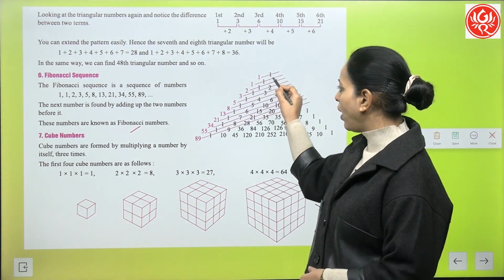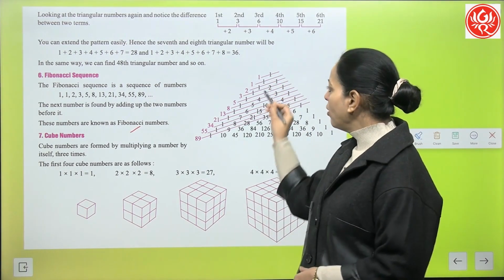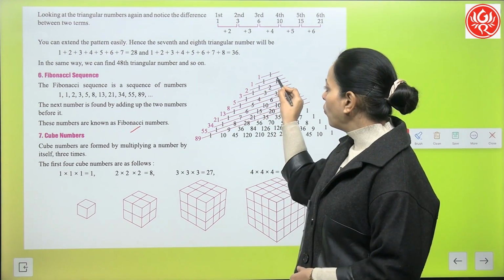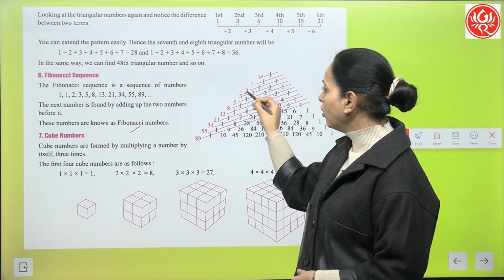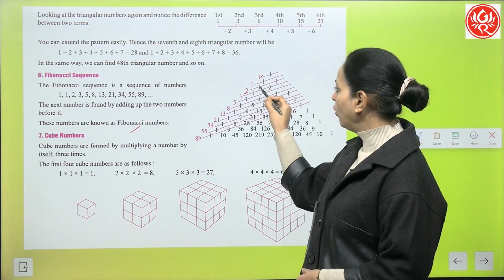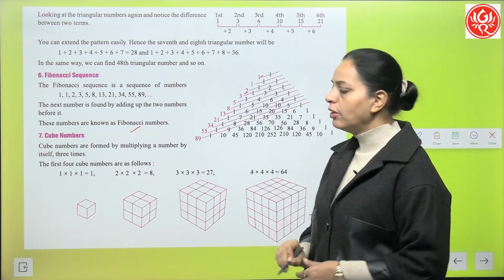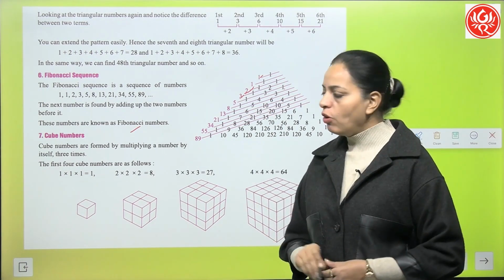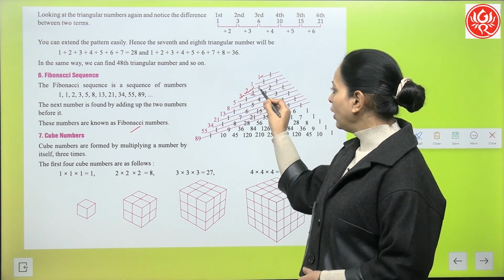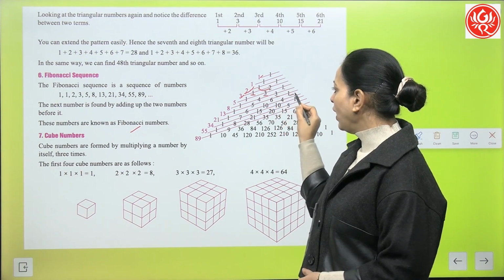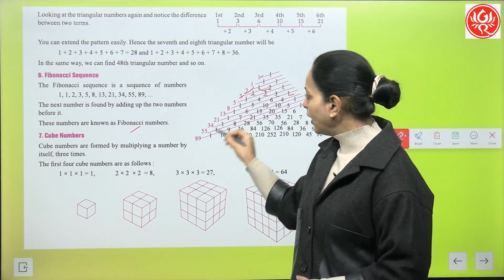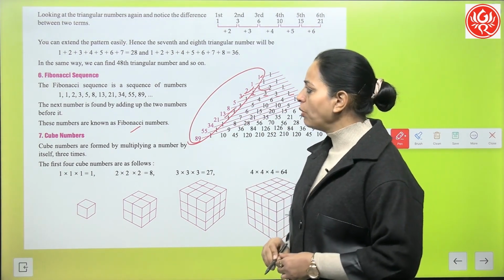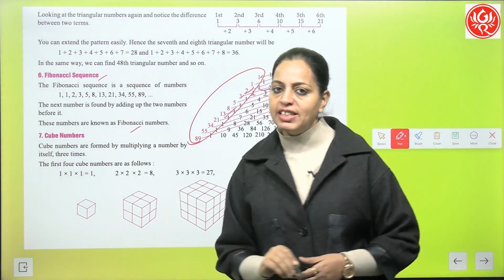See over here, 1 is written as 1 only. Then we wrote 1 and 1, then 1 only. Now 1 plus 1, we are writing here 2. And here we are writing 1, 1 and with 2, right? Then 1 plus 2, we are getting 3, and here we are writing 1, and the sum of both is 3, and here 3 and 1. So like this we are getting these numbers, and these numbers form a sequence, the Fibonacci sequence.